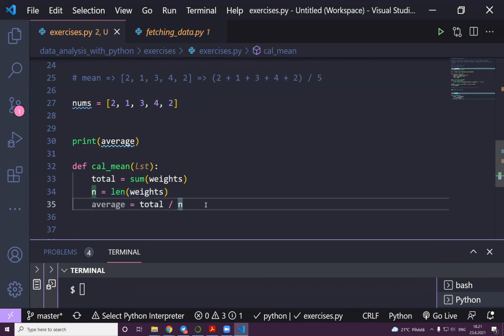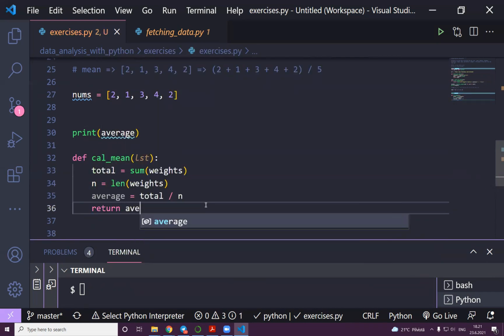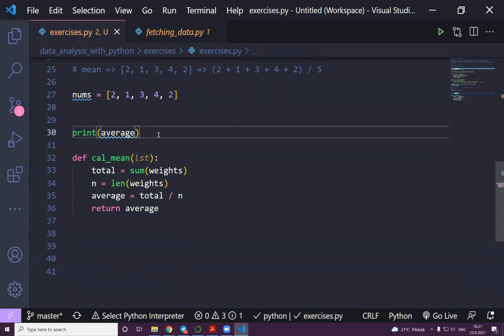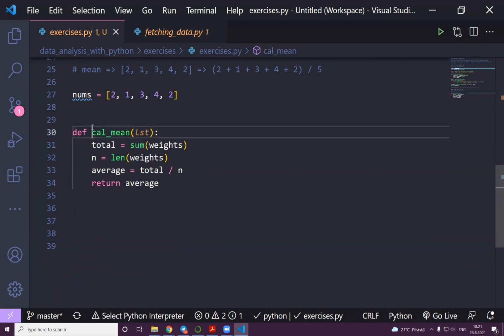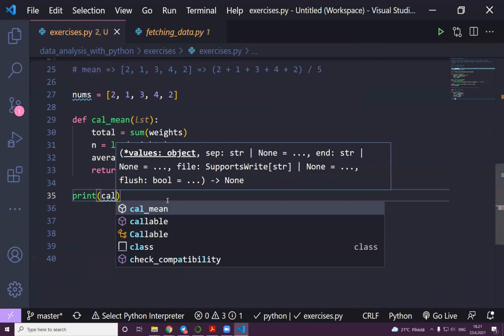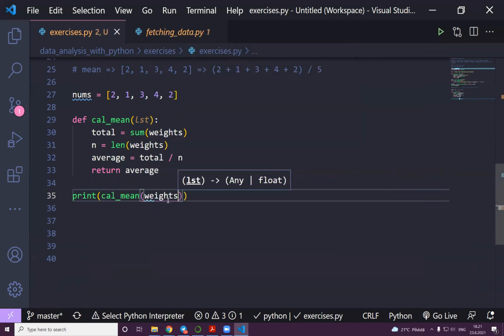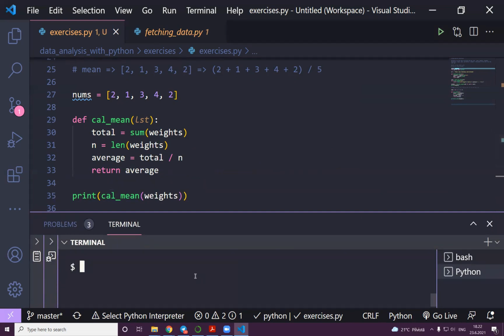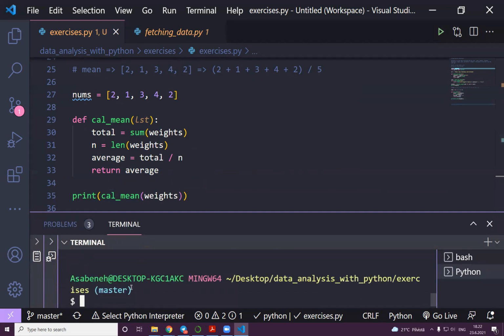And then list, and return average. So when we return the average here, now we don't need printing here. Now this calculate-the-mean function calculates the mean. So what you should do is print, we don't have to say that, just calculate the mean, and we just pass the weights. Yeah, I have to get again 4.7 something. I think that's not just working for me now. Yeah, as you can see,